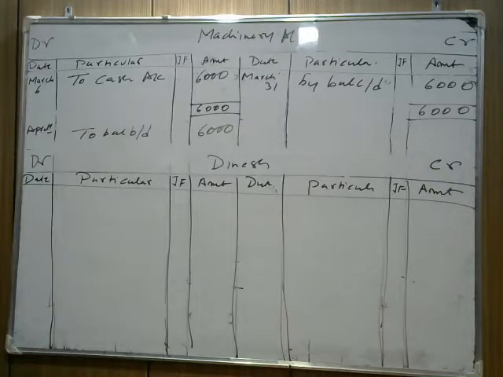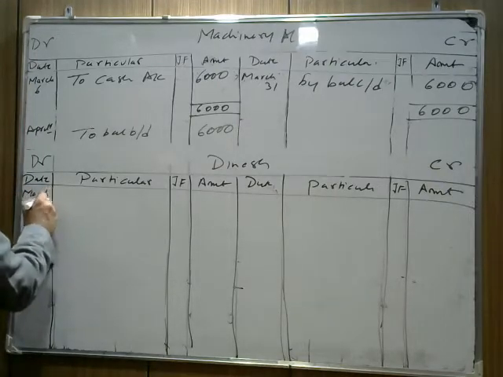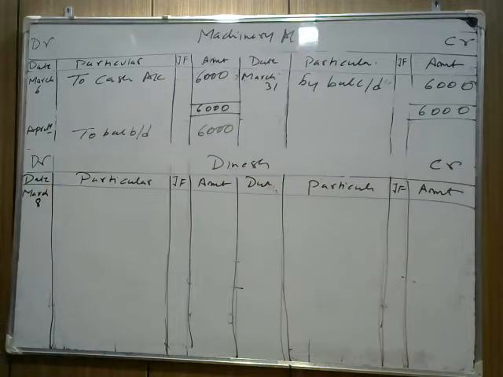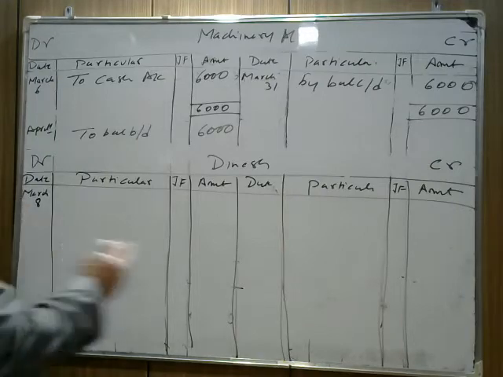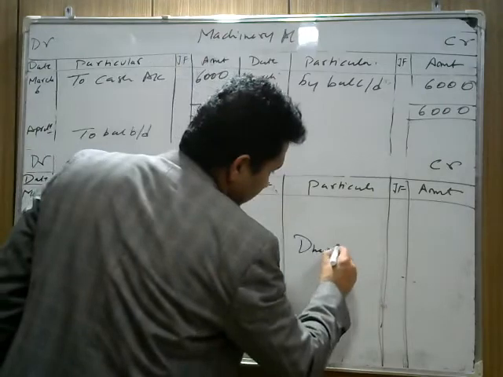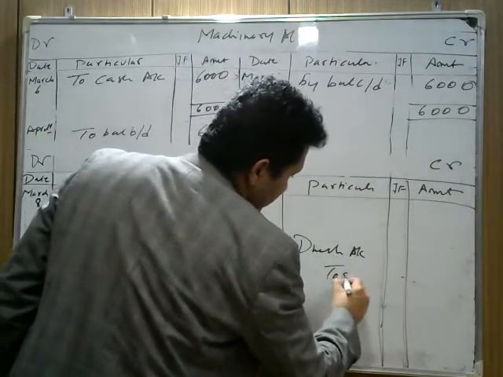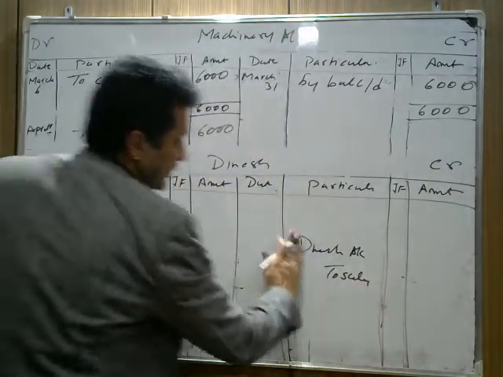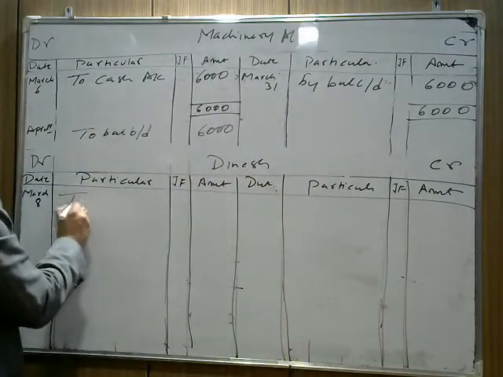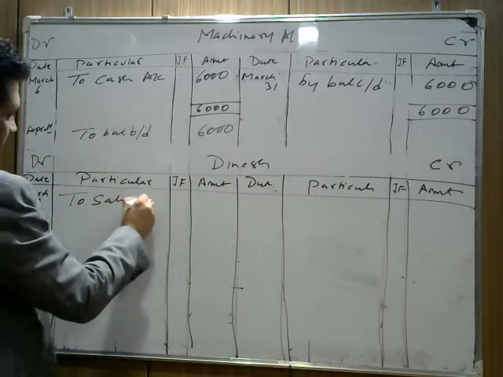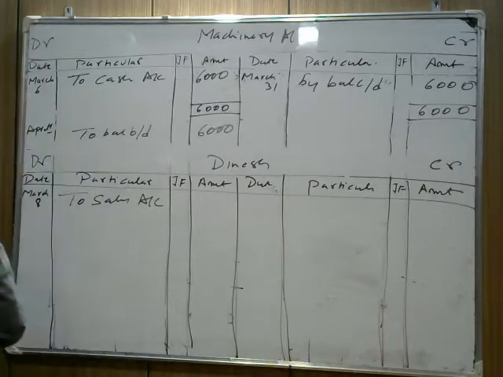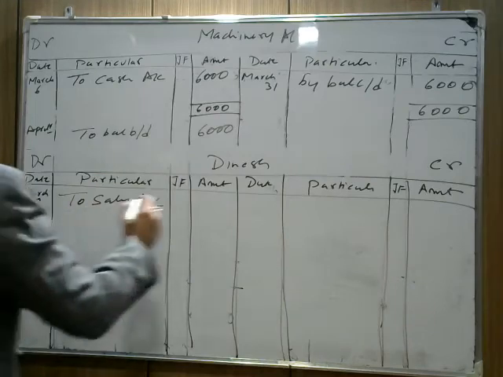Now you sold goods to Dinesh on March 8th. We write March 8th. You sold goods to Dinesh. Okay, it means Dinesh is a debtor and a debtor is an asset. When you sold goods to Dinesh, the entry will be Dinesh account debit to sales account. What entry did you make? You write the entry Dinesh account debited to sales account. It means that Dinesh will be debited. Now why will Dinesh be debited? Because he bought goods. We simply write to sales account, and the amount of goods sold to Dinesh is rupees 10,000.